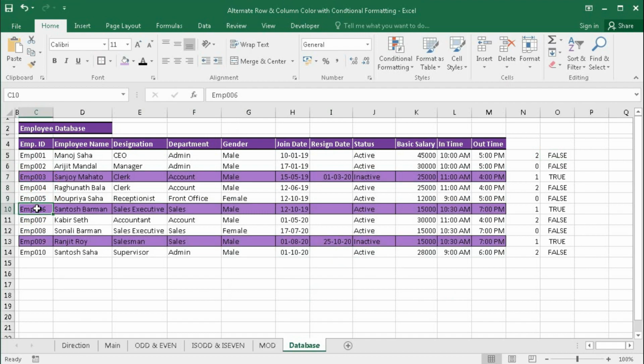In this way we can color every third row. This way, if you want, you can use every fourth row. If you want every fifth row, you have to increase the divisor by 1. So in this way, you can create alternate row color using conditional formatting with the help of the MOD function.